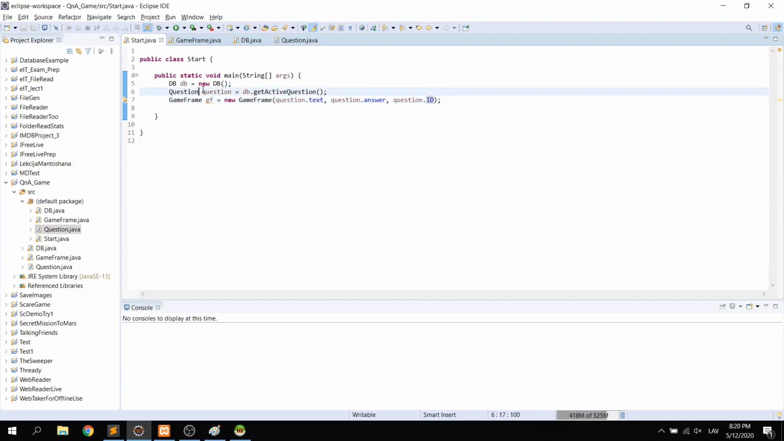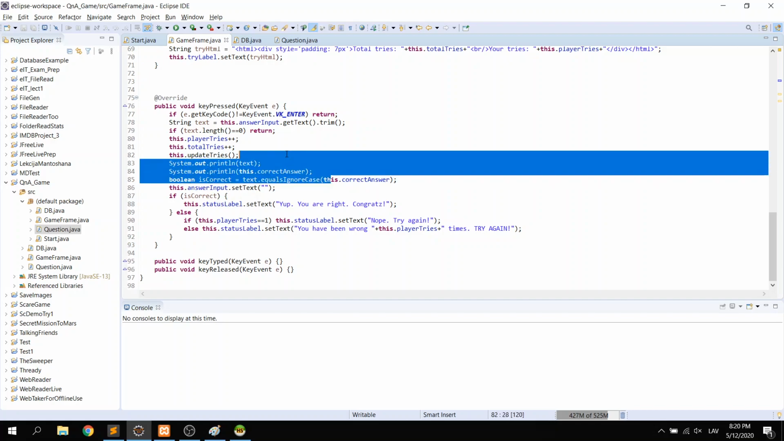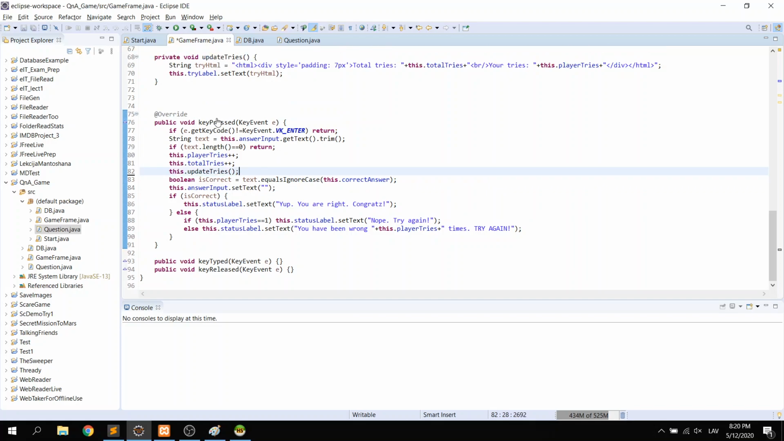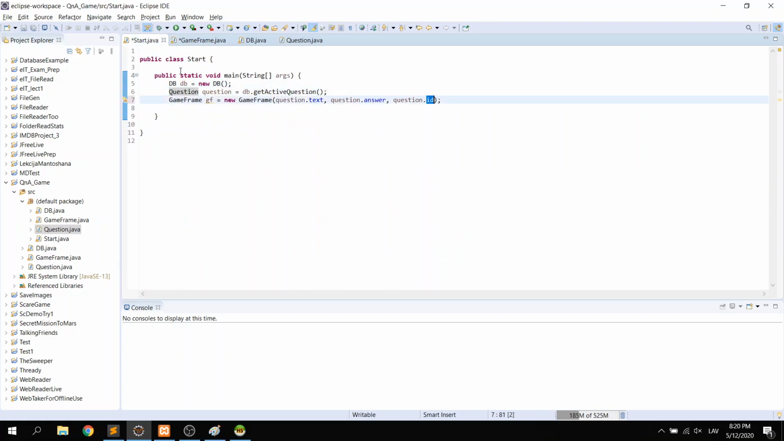Now we are getting an active question, and when we are trying to answer something, these ones we can remove. When we press the key and we answered a question, we can update tries, and we also need to add this try into the database. So we would need a database object in this class to be accessible, or we can just say that in the main class,